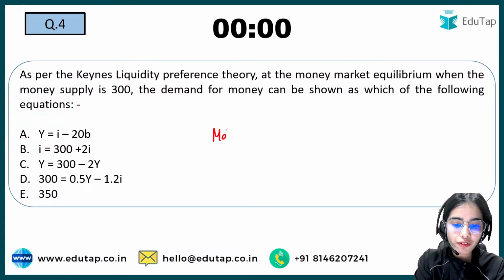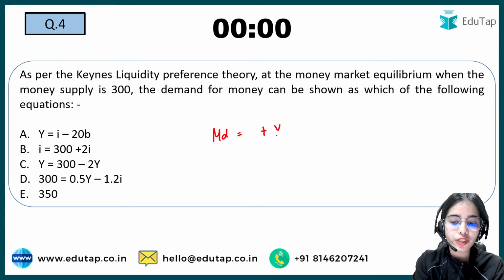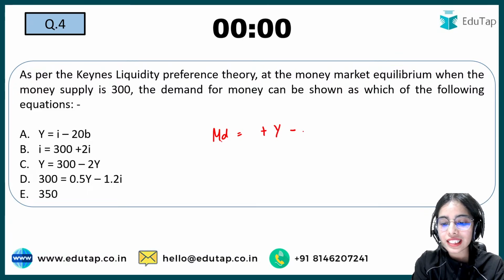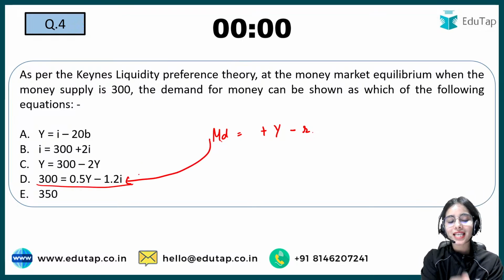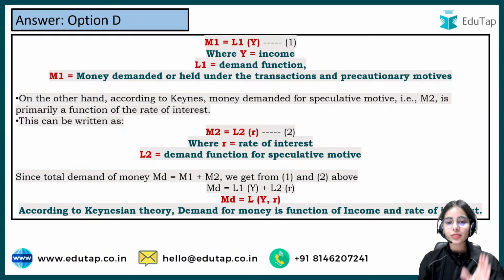So the demand for money is positively related to the income and the demand for money is negatively related to the rate of interest. And this is perfectly shown by this equation. That is actually making some sense. Are you able to understand now? Are you able to understand? So it has been said that the